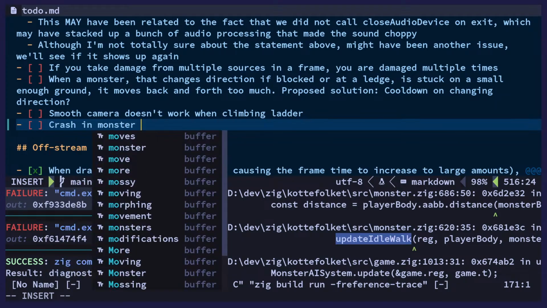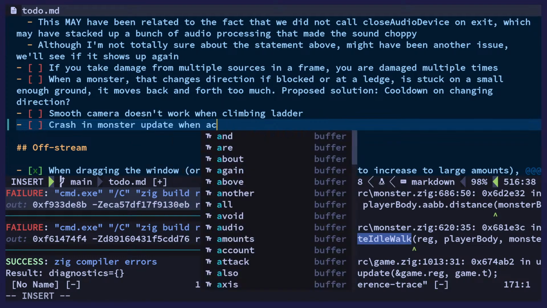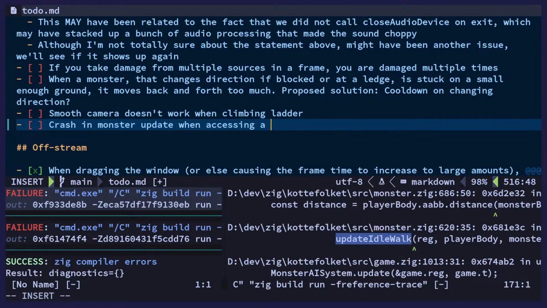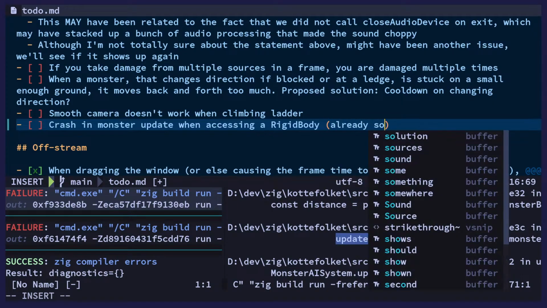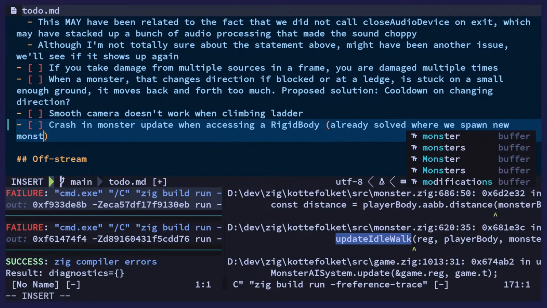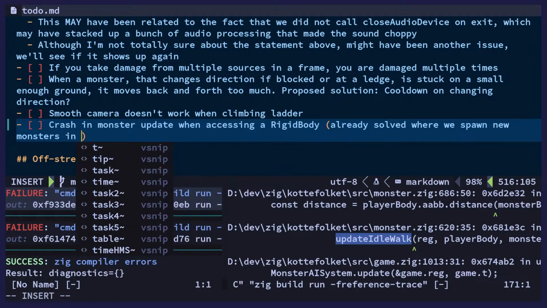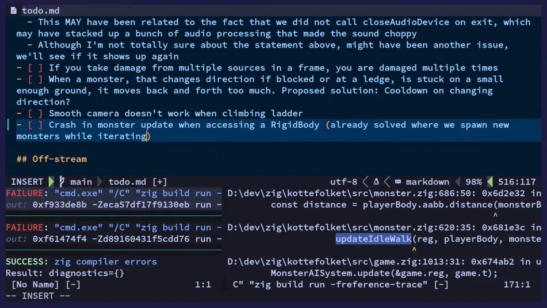Crash in monster update, probably crash in monster update when accessing a rigid body. Already solved where we spawn new monsters in the loop. Look for other places where we